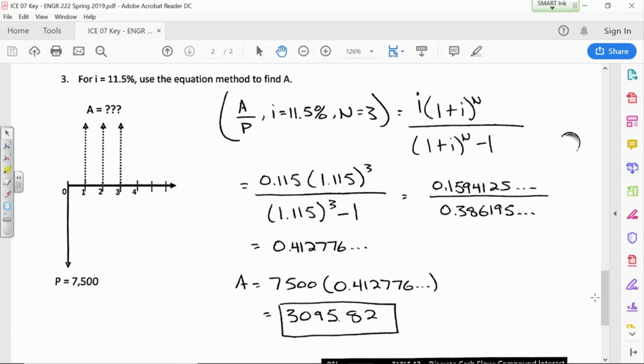But if you say, here's the summarization of the problem, find A given P for an interest rate of 11.5% per period, N equals 3 periods, is equal to, and so now I've said that that ratio is equal to this equation. Remember, inside the brackets, it's ultimately a ratio, the ratio of the annual amount to the present amount. So that ratio is, here's the formula for it, and then I make the numeric substitutions, and then